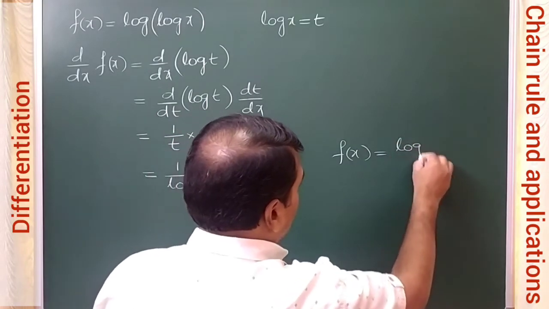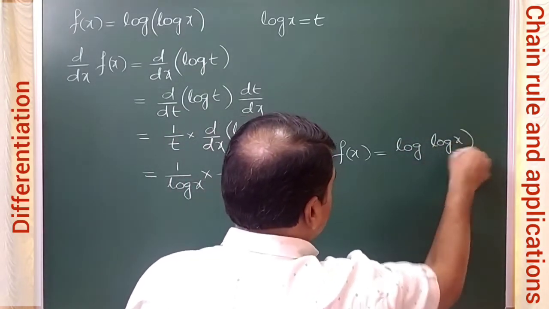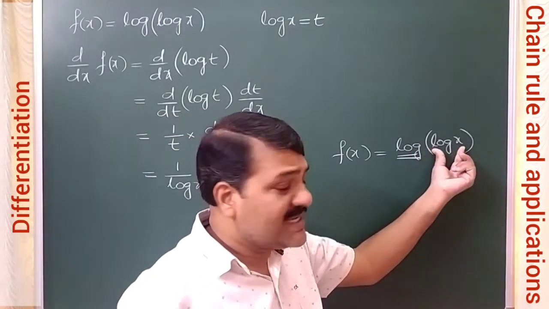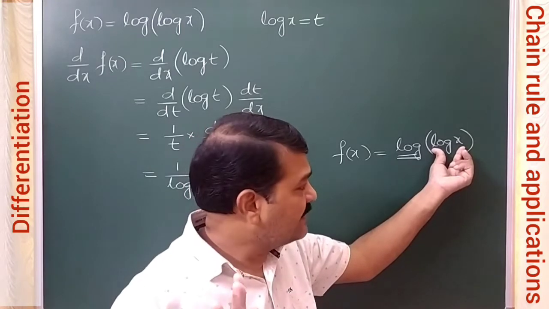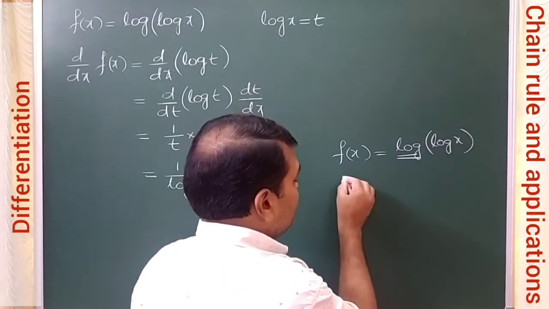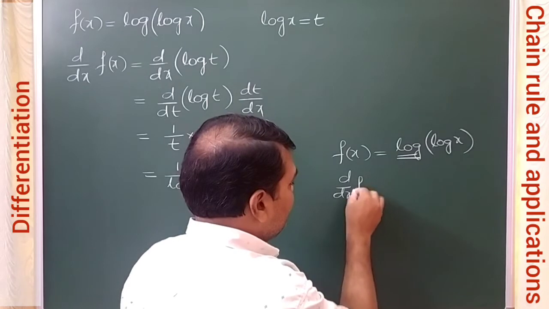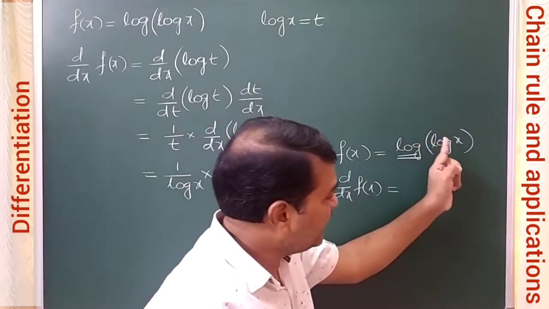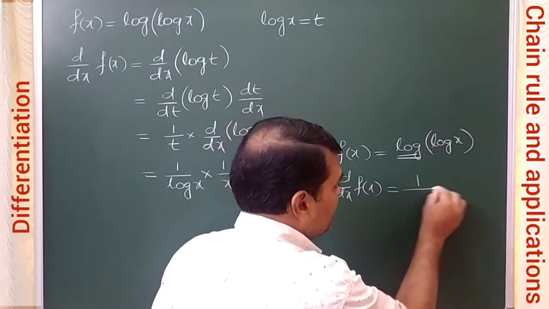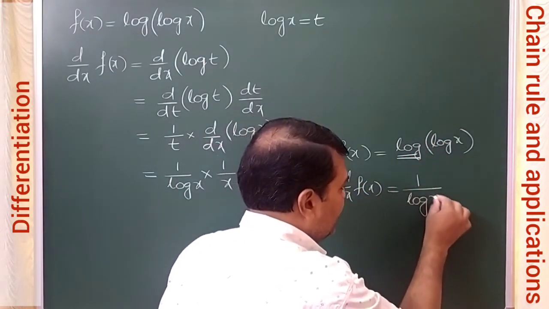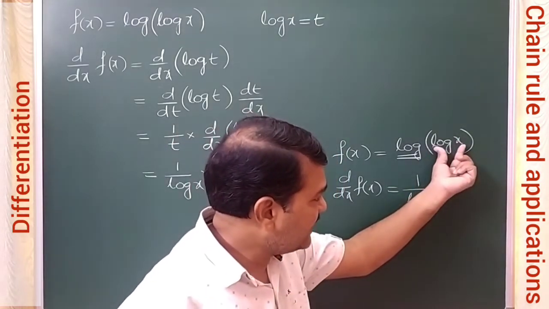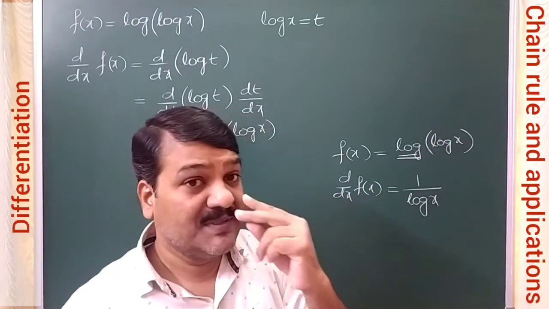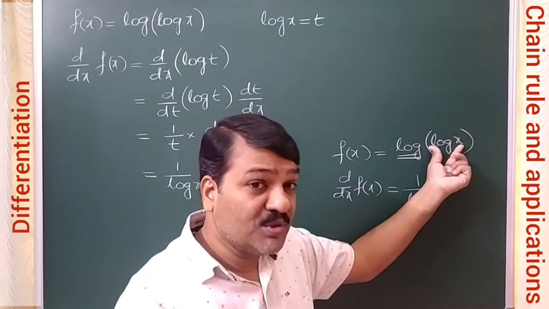So if you have log of log x, what you do is you pick up the external function. Treat this as x, for example, for some time treat this as x. Then d by dx of f of x will be, if you are treating this as x, log x derivative is 1 by x, no? So you will get like this. If you are treating this as x, log x derivative 1 by x means 1 by log x. But this is not x, we have assumed it to be x.